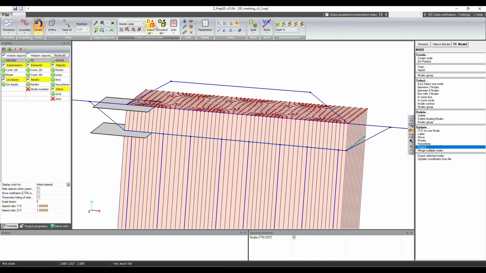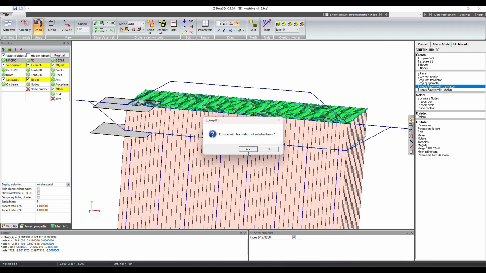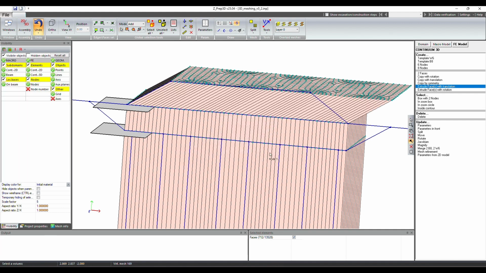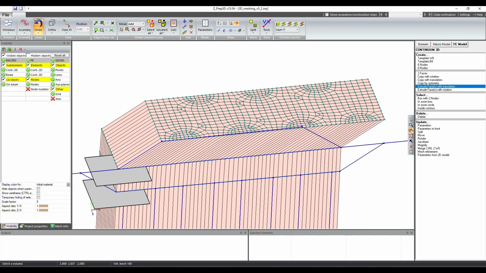One more time, we need to unselect everything, select faces in box of 2 nodes. You could also use the window select. Then we select this vector here and do extrude faces with translation. Unselect everything. Now we need to squeeze these nodes into this length,